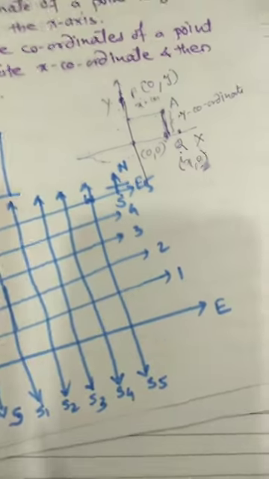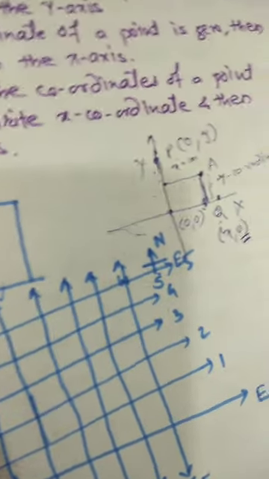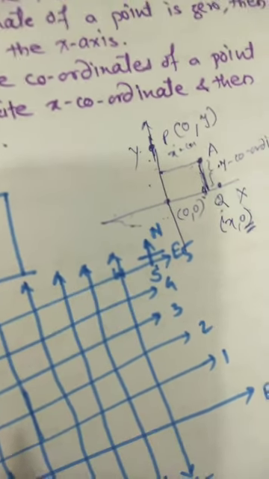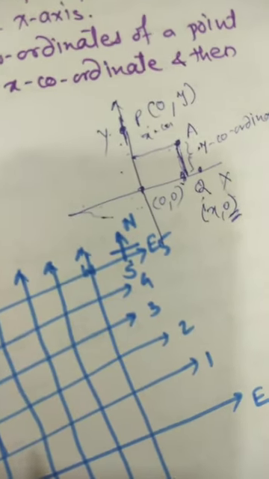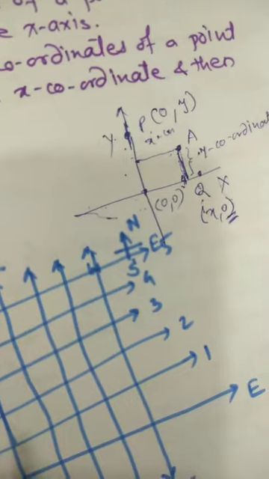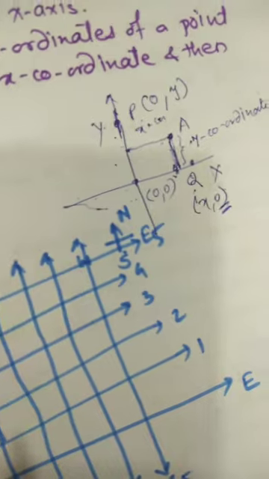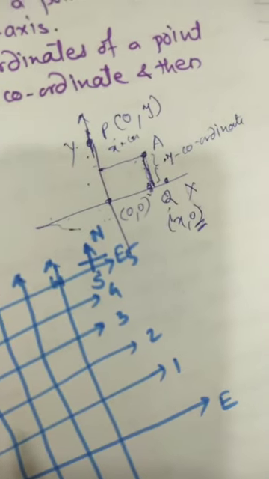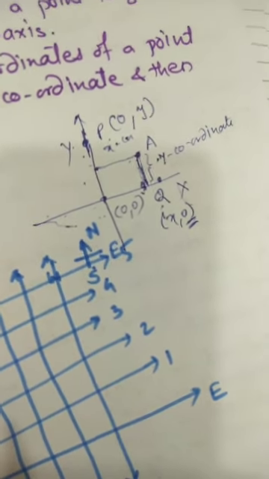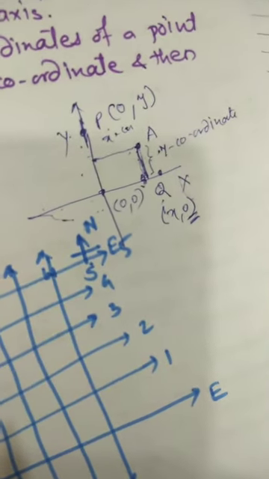Now what question does it ask? There are many cross streets in your model. A particular cross street is made by 2 streets, one running in the north-south direction and another in the east-west direction. Each cross street is referred to in the following manner. If the second street running in the north-south direction and the fifth in the east-west direction meet at some crossing, then we will call this cross street 2, 5.